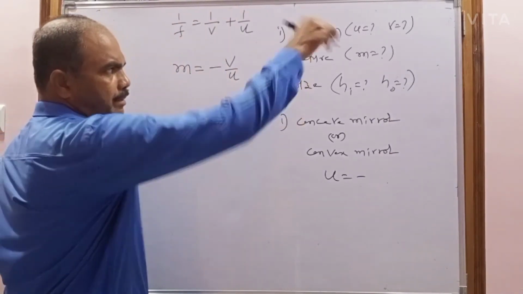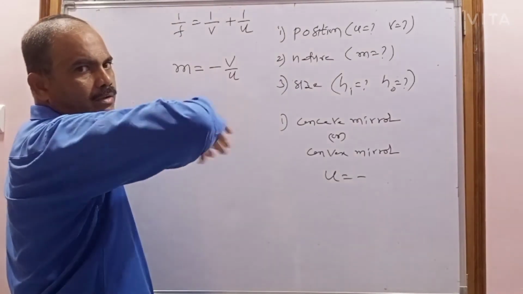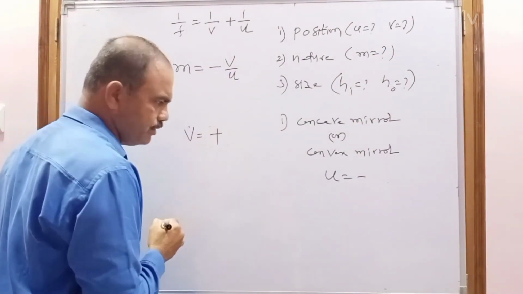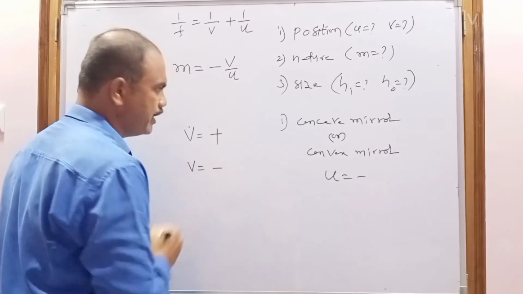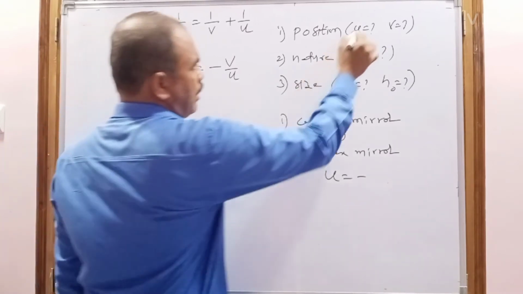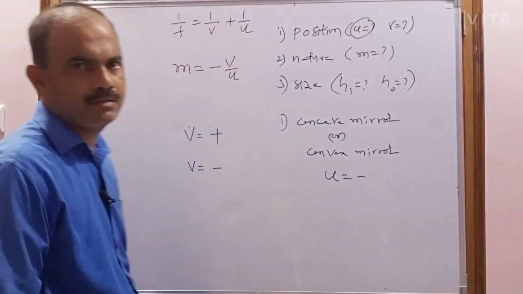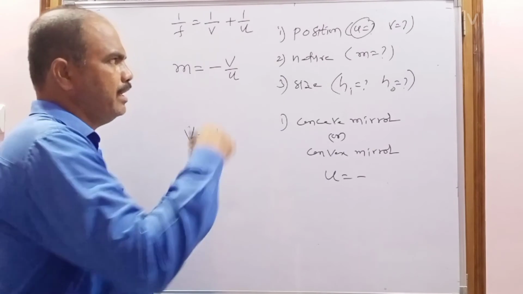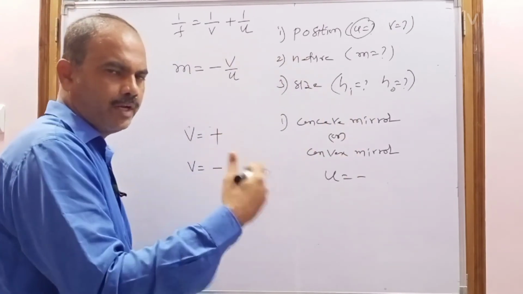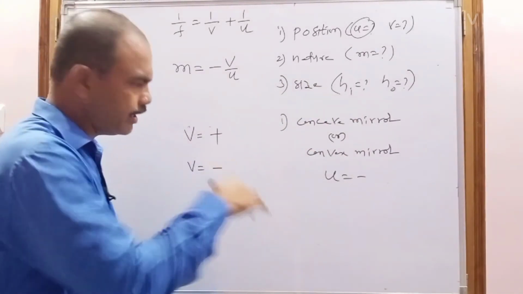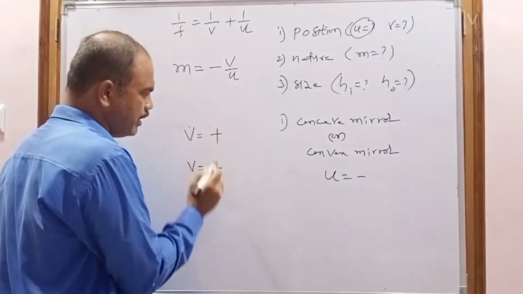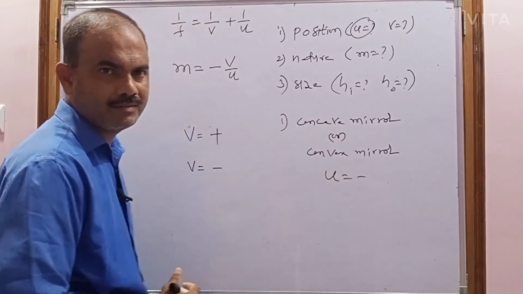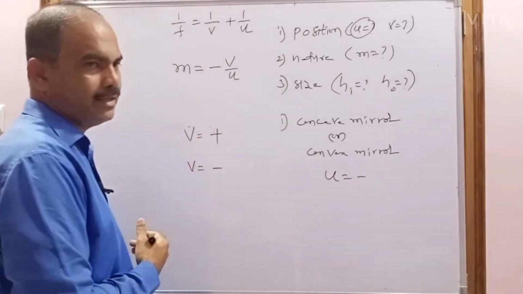Sometimes when you find the image distance, in the problem they will say find the image distance. If you find the image distance, sometimes you may get positive and sometimes you may get negative. So already I told about the object distance. So after solving, they will ask you to find out the image distance. When asked, sometimes you get the plus and you get the minus. How can you guess the nature? How do you guess the nature?